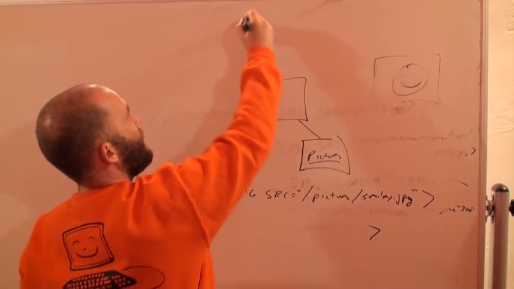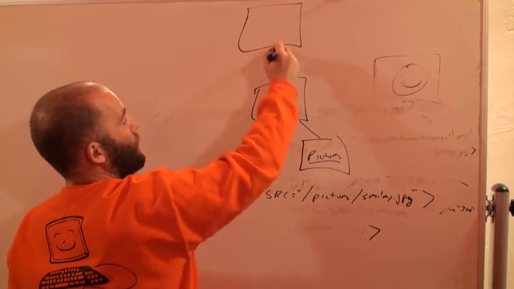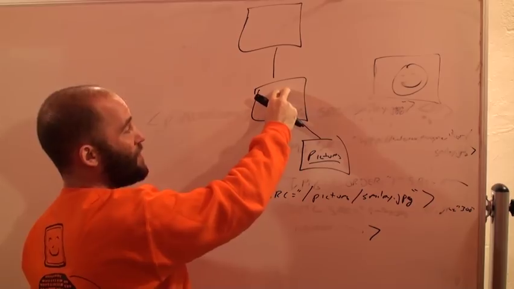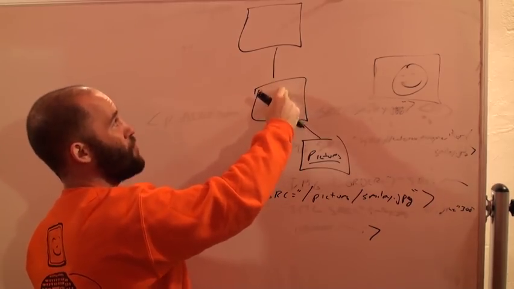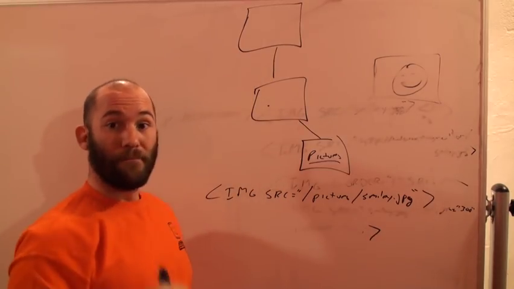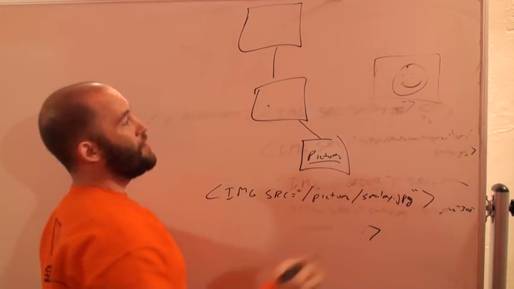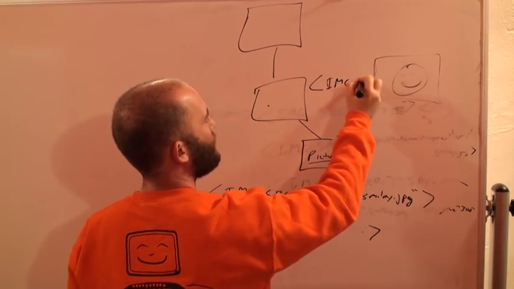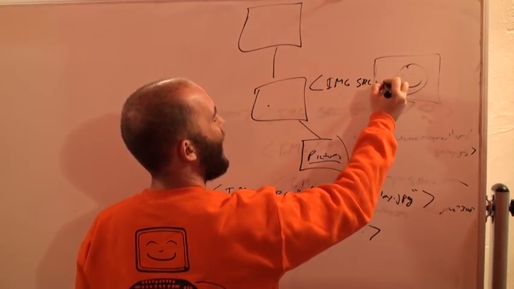So let's say you have a folder above you, and this is where your web page is. So your web page is here, but the picture that you want is in the folder that's above the folder that you're currently in. In order to get to that, you would do image src equals, and then you do